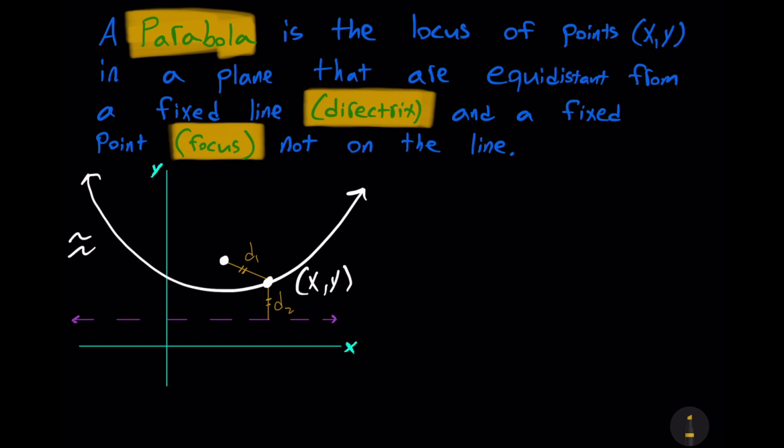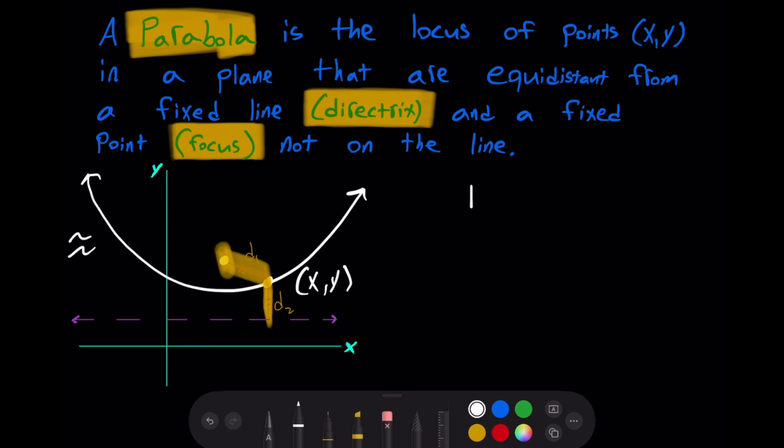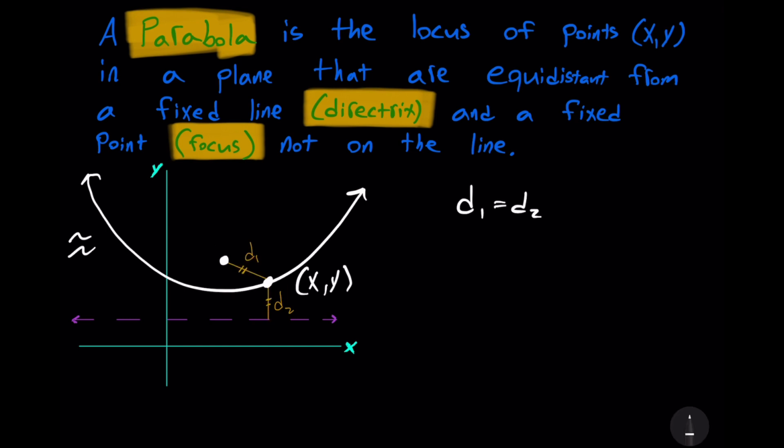We have a fixed point, our focus, and we have a fixed line, our directrix. Now, if we consider the distance from the focus to some arbitrary point on the parabola and its distance from a fixed line, the directrix, we have d sub 1 and d sub 2. Two distances, and the key here is that d sub 1 is equal to d sub 2. Moreover, we should consider that the vertex